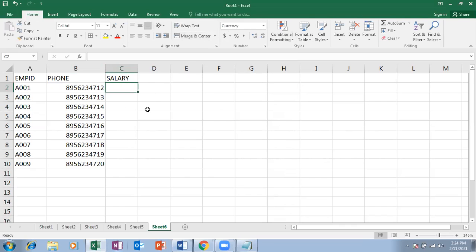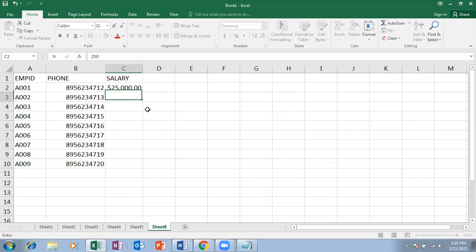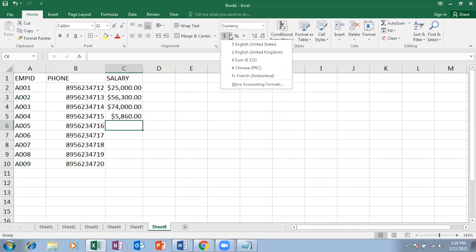So let me enter currency, anything. Whatever you enter will be converted into currency format. But what is the problem here? By default, it is taking dollar. So what if I want any other currencies? Let me click on this arrow mark.